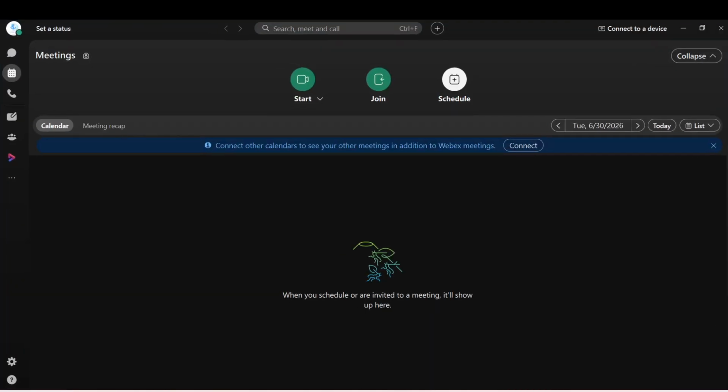As the program loads, you will see a welcoming interface where you can access meetings, messages, and other features. This initial step is crucial because it gets you started in the right environment. Take a moment to familiarize yourself with the layout of the application, as it will become your workspace for the meeting. Next, log in if prompted.